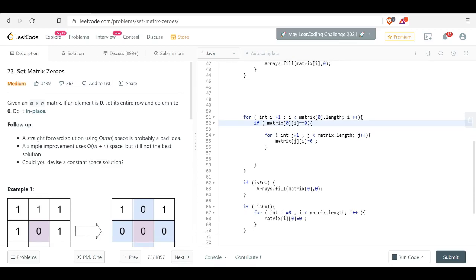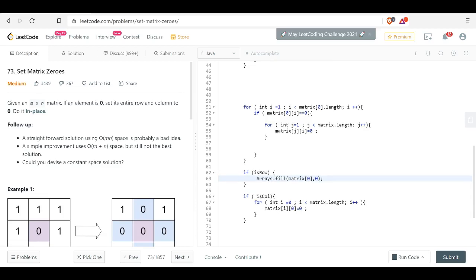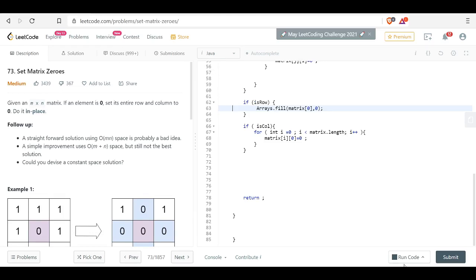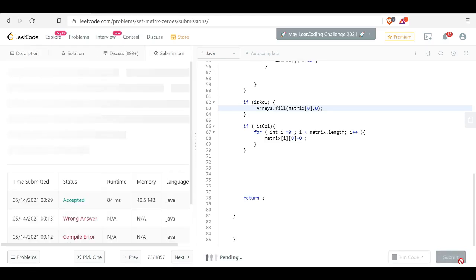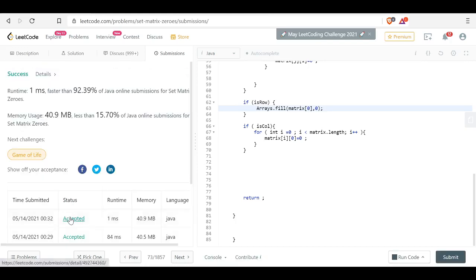Now, I put a condition: if my first row contained a zero, I need to fill zeros in my first row. If my first column contained a zero, I will need to fill that too. Let me submit this code. See, it has been accepted.